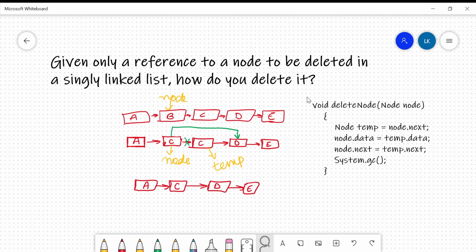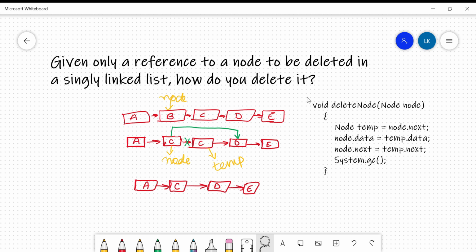Today I have a very commonly asked interview question from data structures and algorithms for all of you. I'll first explain it with a diagram and a detailed explanation of how to solve the problem, and then we will move on to a code snippet, the entire code, and we will run that code and show you the output. So let's start.